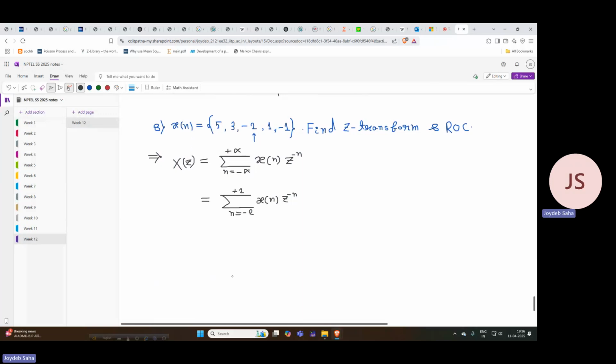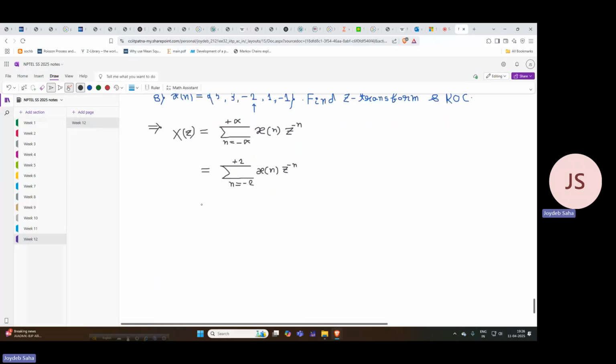Okay, so can we write it as x of minus 2 z to the power minus of minus 2, right? So z square, plus x of